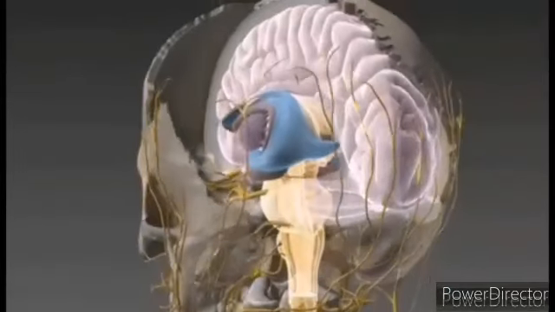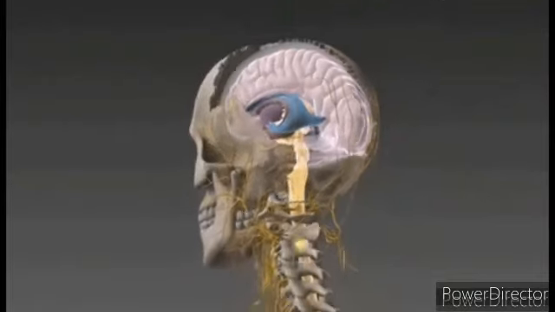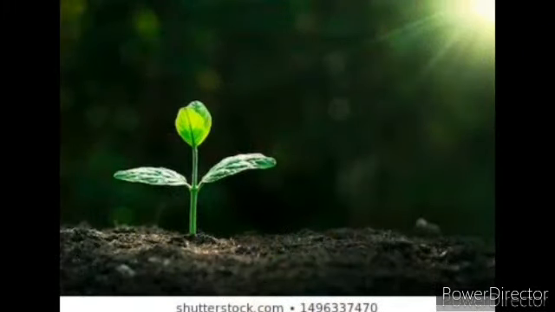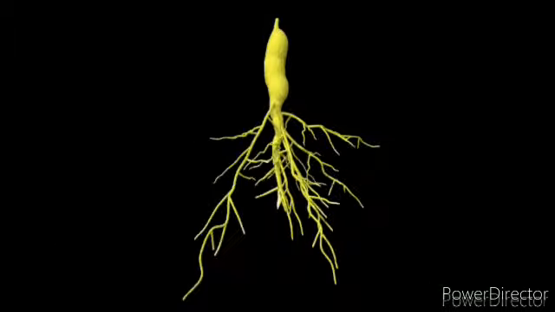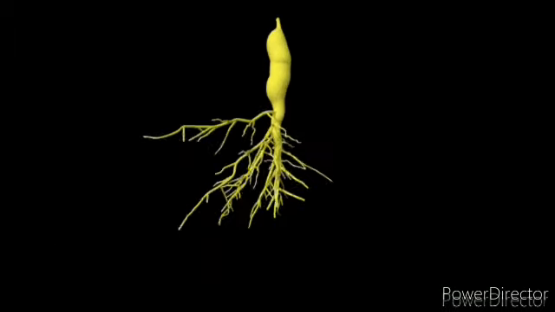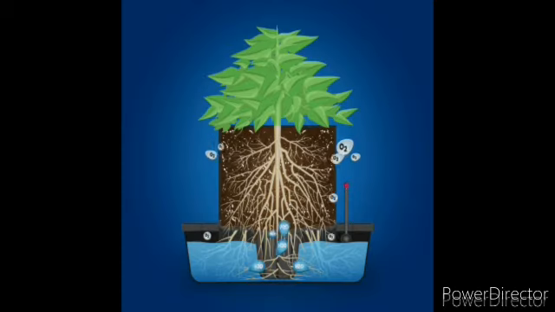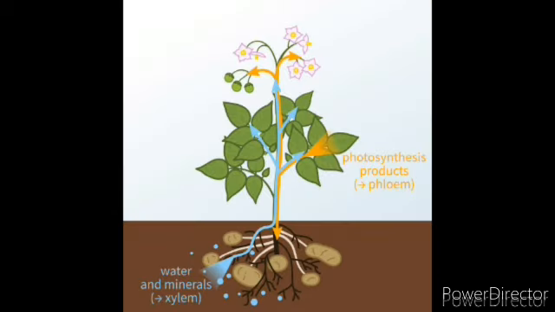Let us have a glimpse of what the 6th standard biology taught you. The two main parts of a plant are the root system and the shoot system. The major function of a root includes absorption of water and minerals from the soil for the growth of the entire plant.